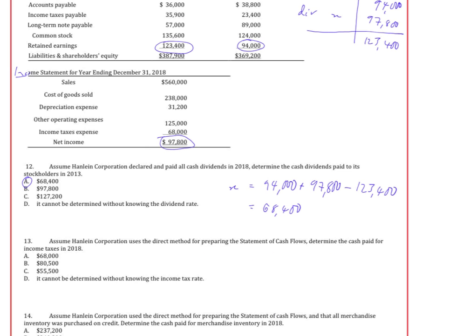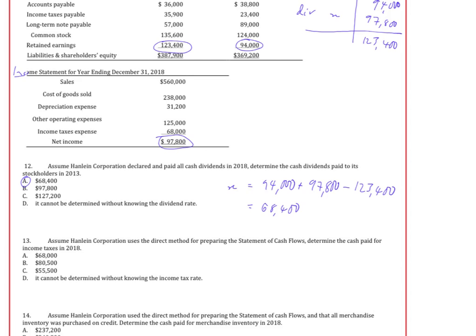The next question, assume Hanline Corporation uses the direct method for preparing the statement of cash flows. What is the cash paid for income taxes in 2018? And we can do that by looking at the T account for income taxes payable. So income taxes, we can see that the balance sheet at the beginning of the period there was 23,400 as a liability, and at the end of the period it had gone up to